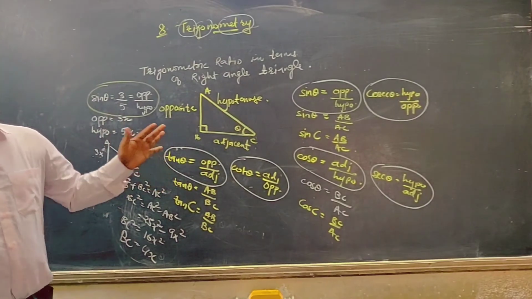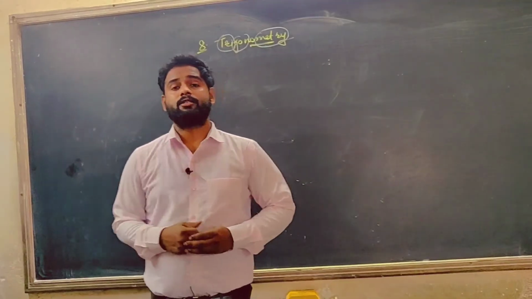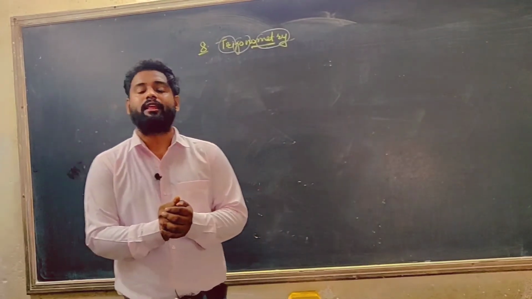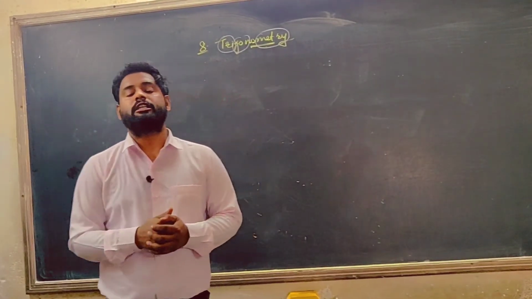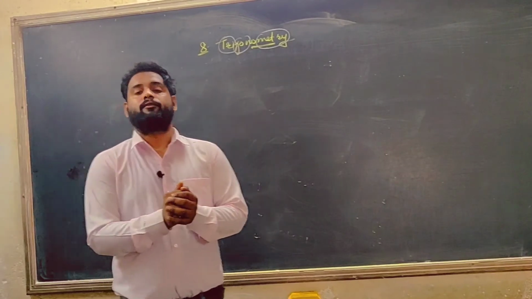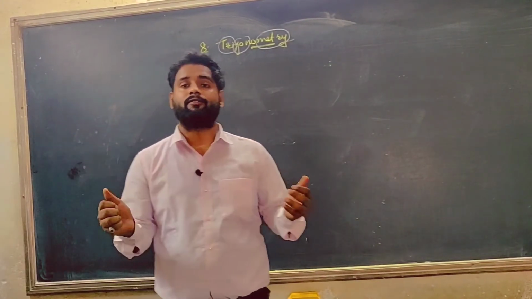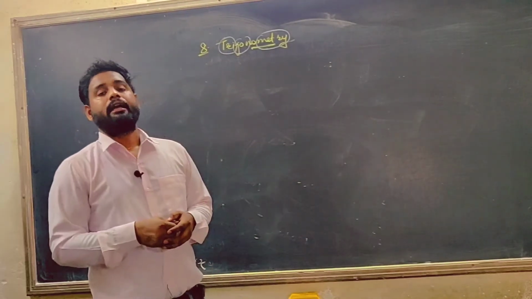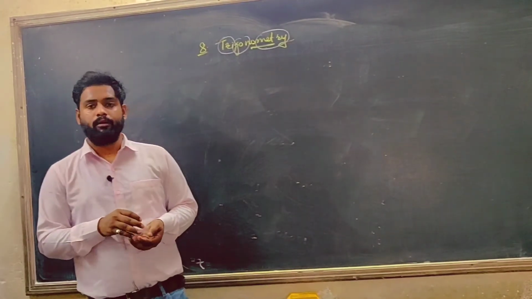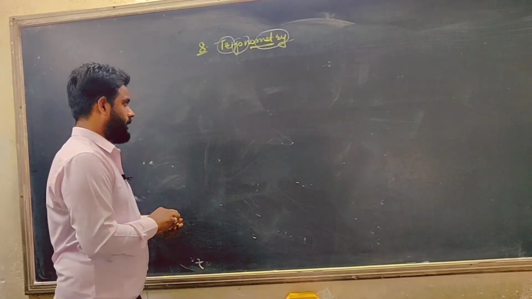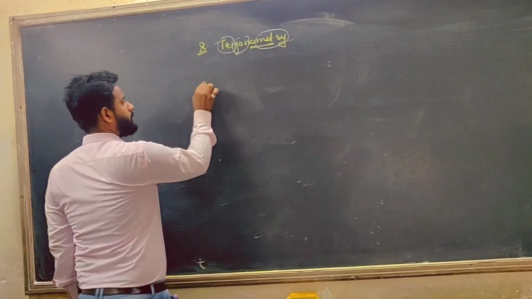Let us move towards the next topic. So students, you have learned the meaning of trigonometry, how many trigonometric ratios there are, what their opposite pair is, what their formula is in terms of their opposite pair, and what the formula of trigonometric ratios is in terms of right angle triangles, right? Now, one more thing that you have to remember, just note it down for your own information, that range